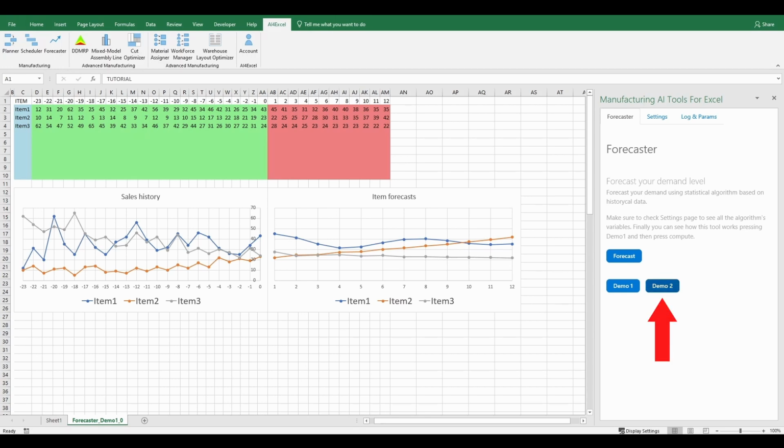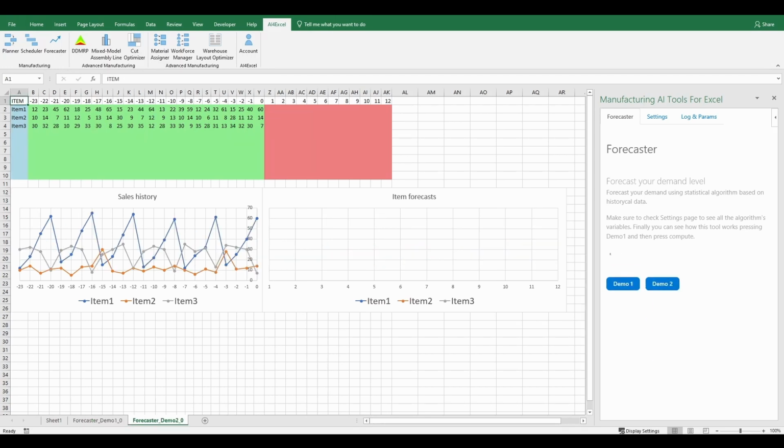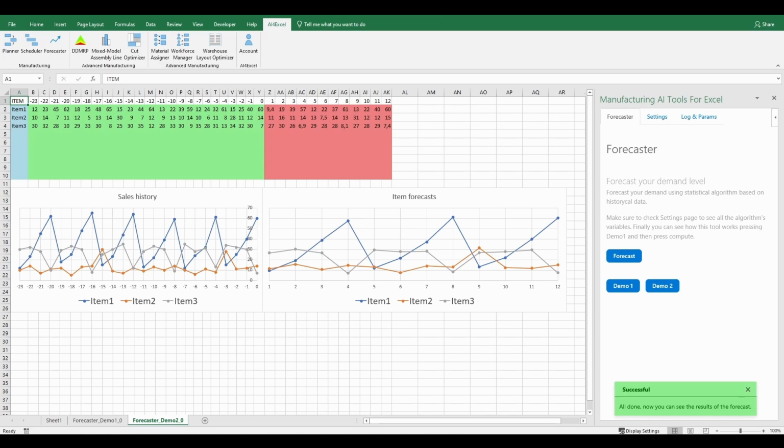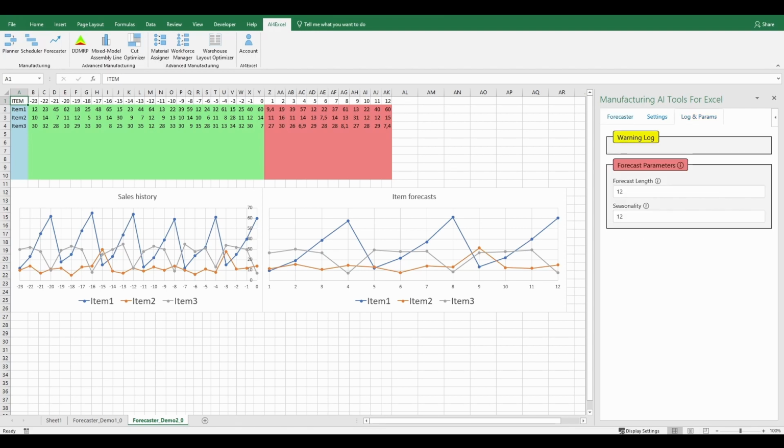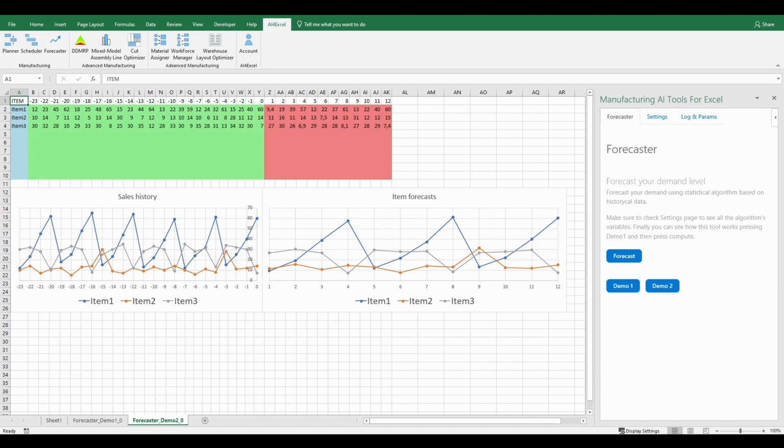Pressing the Demo 2 button, a new Excel sheet is generated. This new demo shows how the Forecaster add-in works with seasonal data. In this case, since seasonal behavior can be observed in history data, an algorithm that manages seasonality can be used. It is important to set the seasonality parameter correctly. Changing it to a value different from 12, the algorithm will no longer be able to detect the recurrent pattern